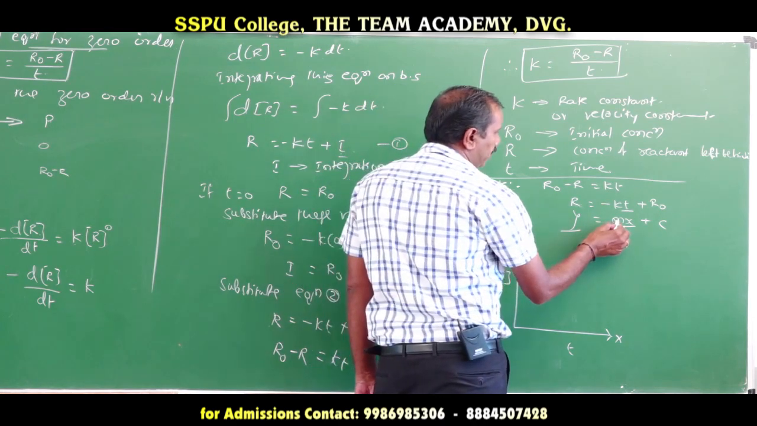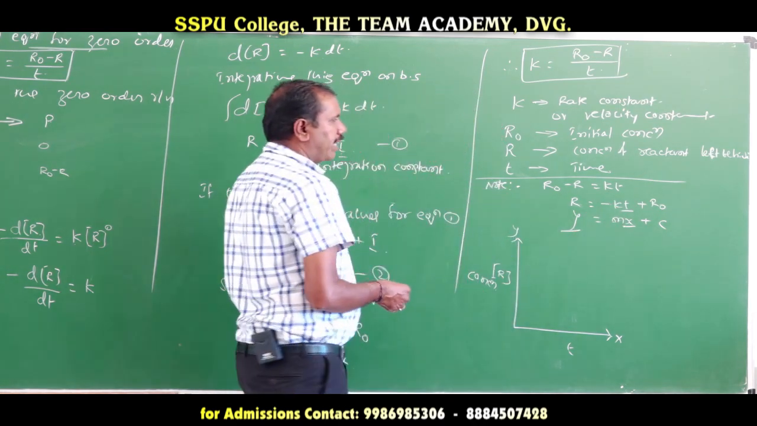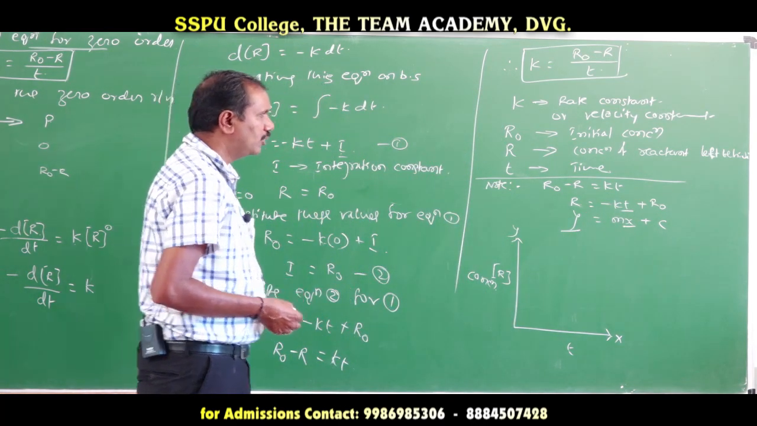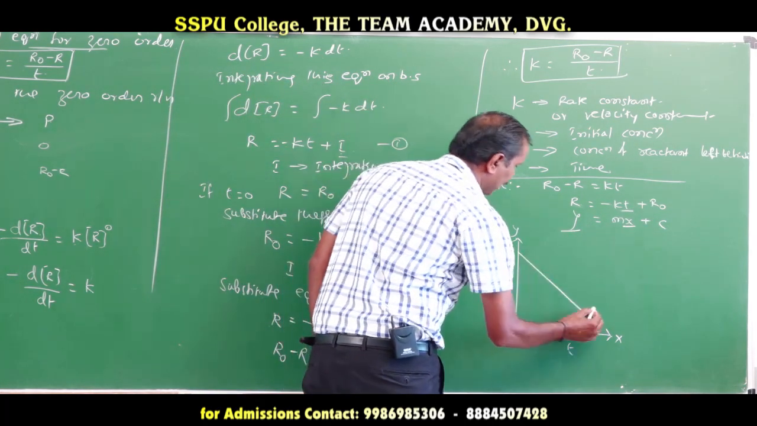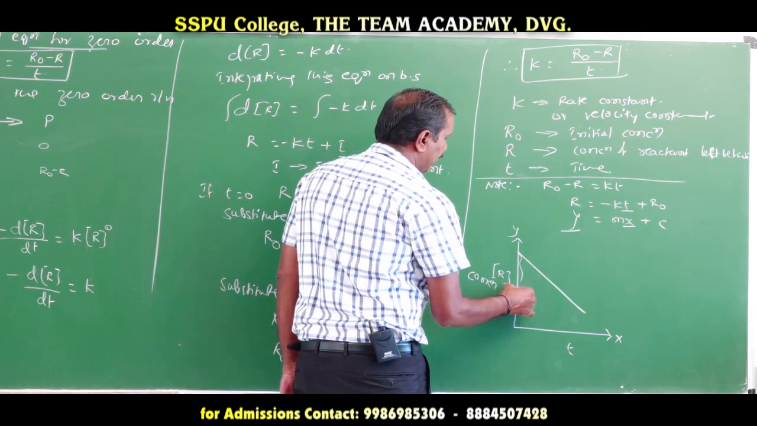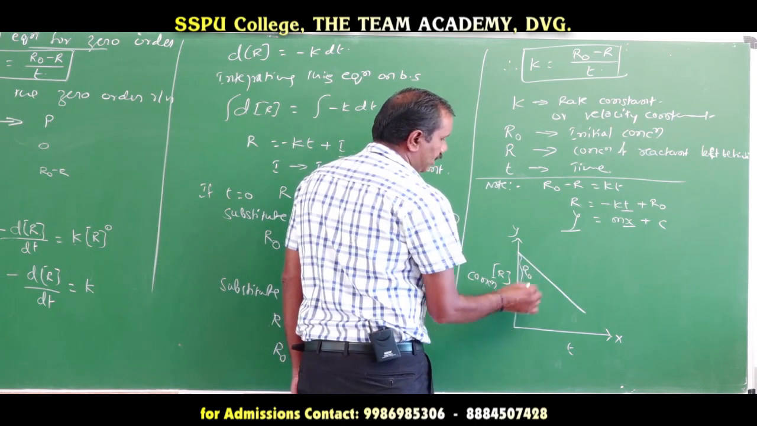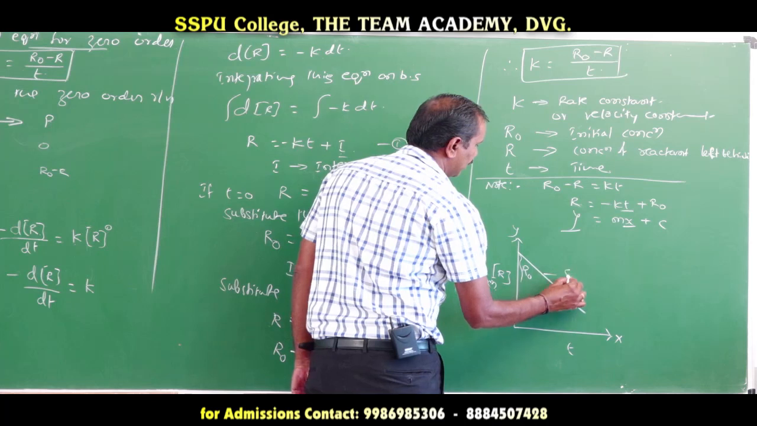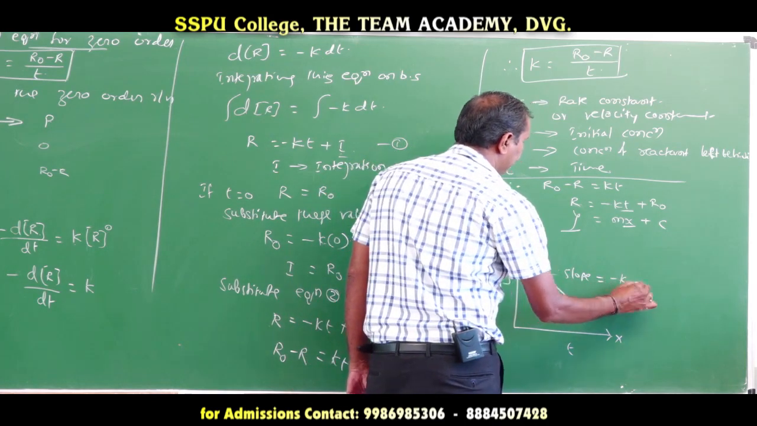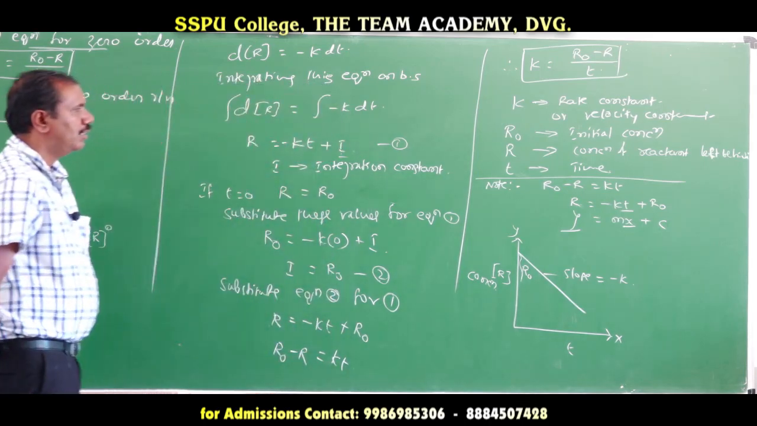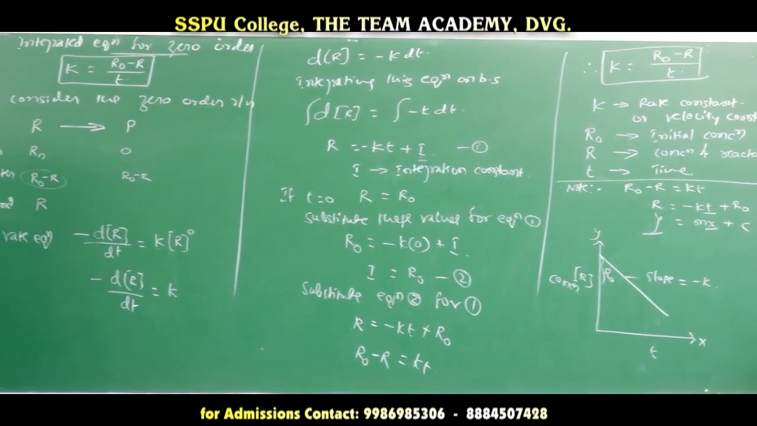Then the slope becomes what? Minus k. Minus k means negative slope. With the intercept value, R naught is like this. So the intercept value is R naught, and the slope value is minus k. So they may ask the question,